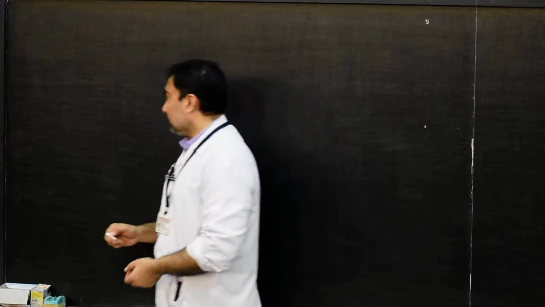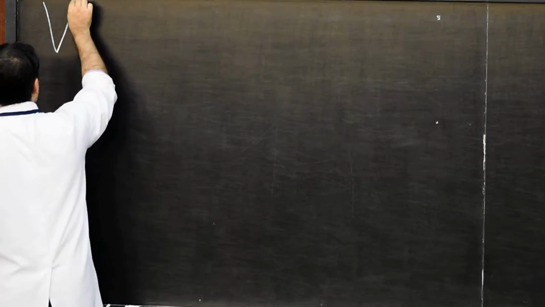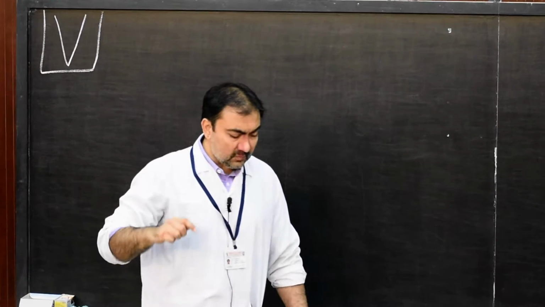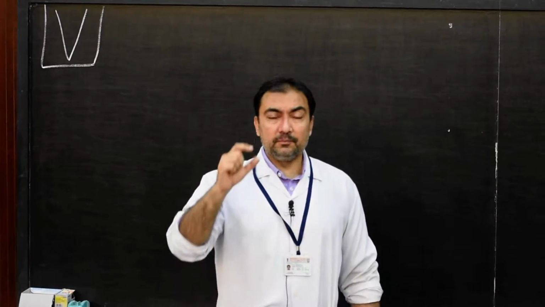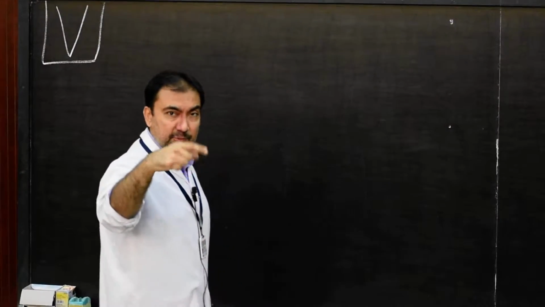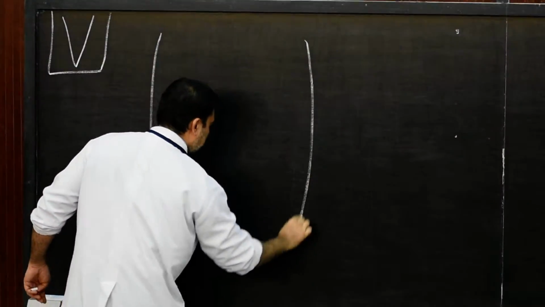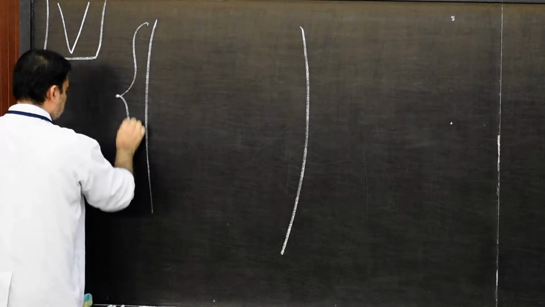So, good morning students. We have an interesting topic of embryology, and that is development of ventricles. Very short topic. Right and left ventricle. So therefore, in the development of ventricles, first we are going to draw the bulbous cordis. This was discussed with you, but it all depends on this portion of bulbous cordis.